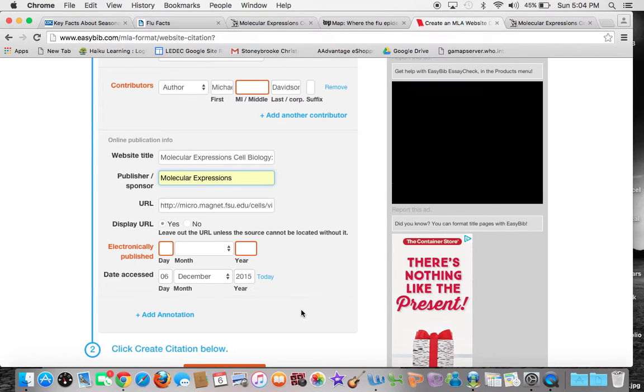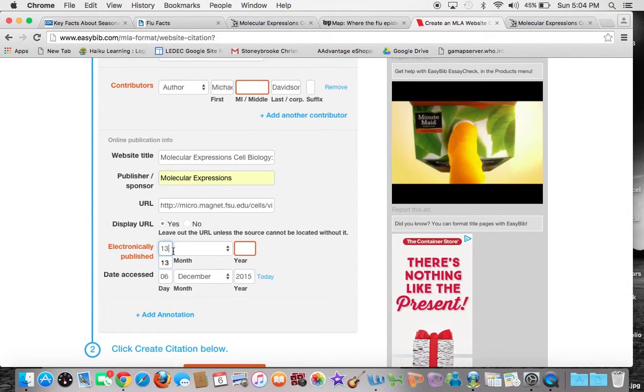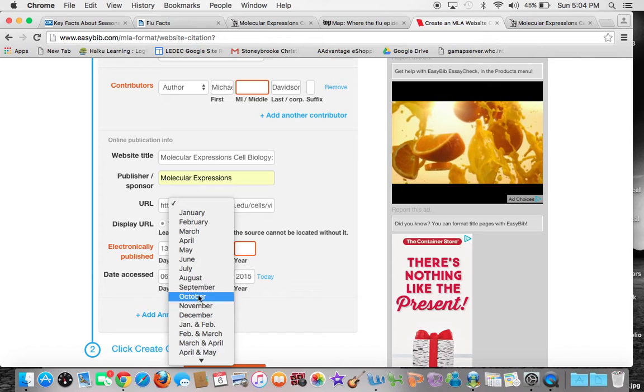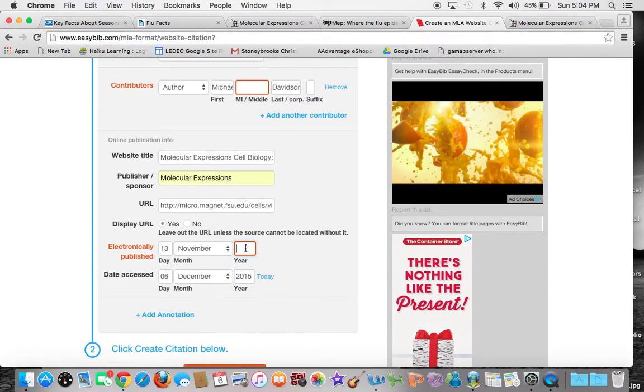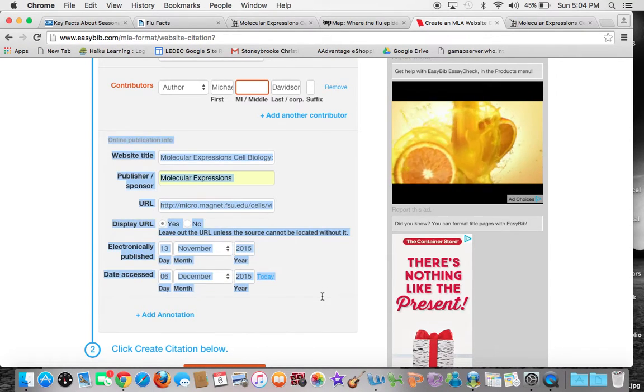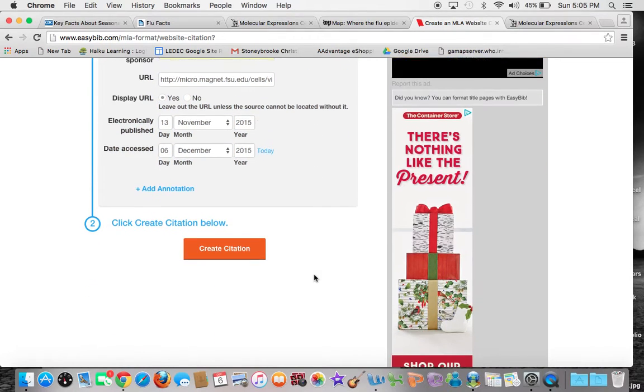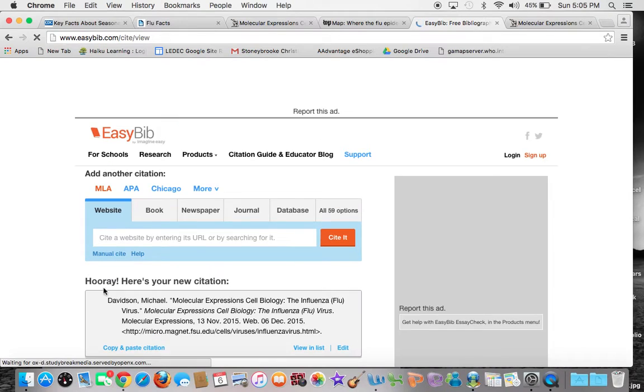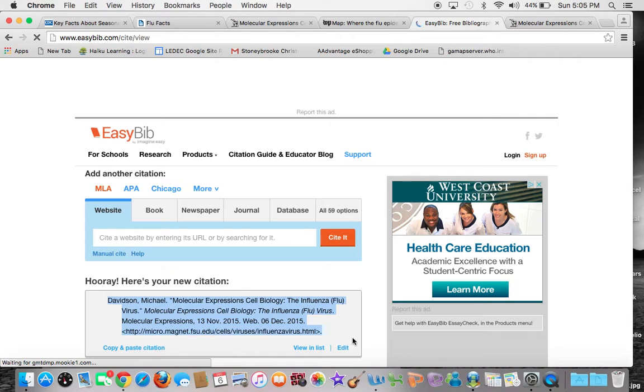Go back to EasyBib, and I'm going to type in 13. I'm going to arrow down and select November. Type in 2015. Now I'm set to go, and I'm going to say Create Citation. There it is, Michael Davidson. I'm going to highlight, copy, go to my